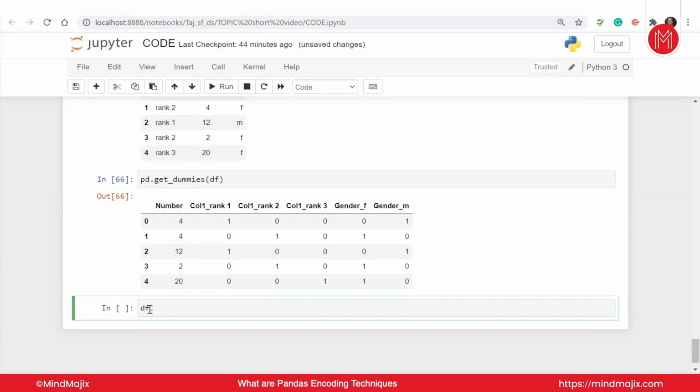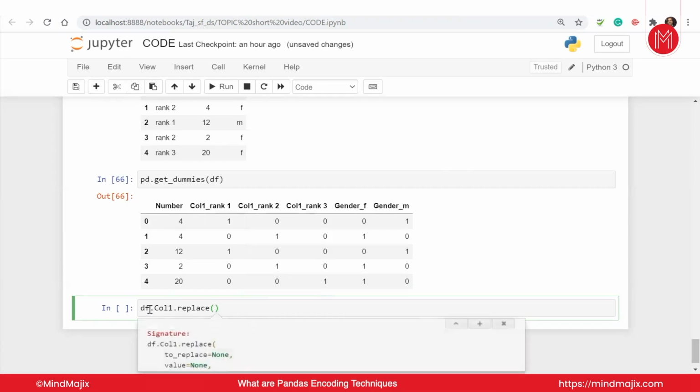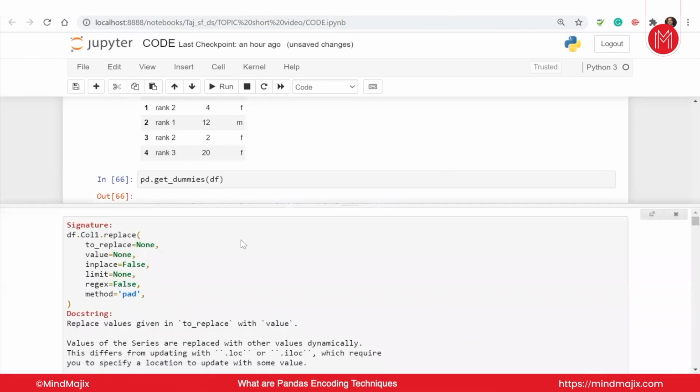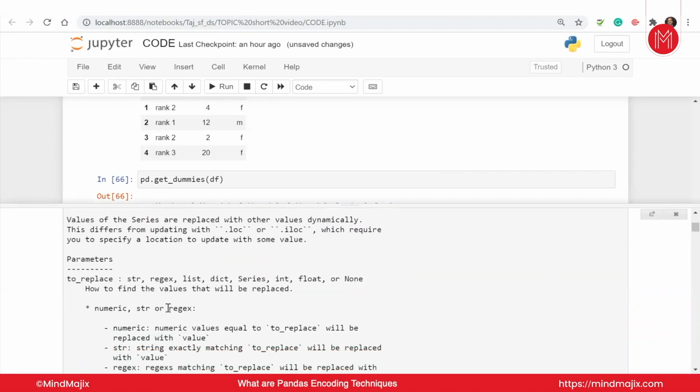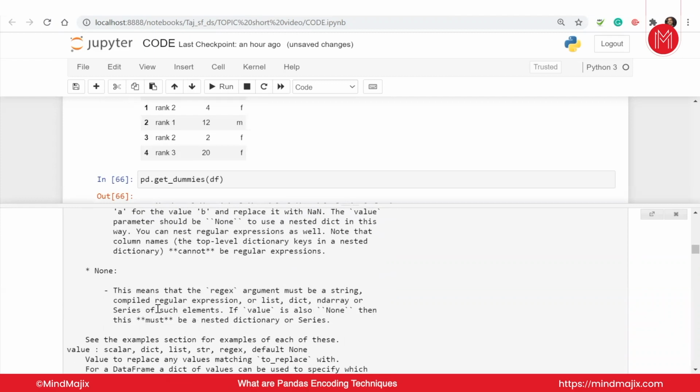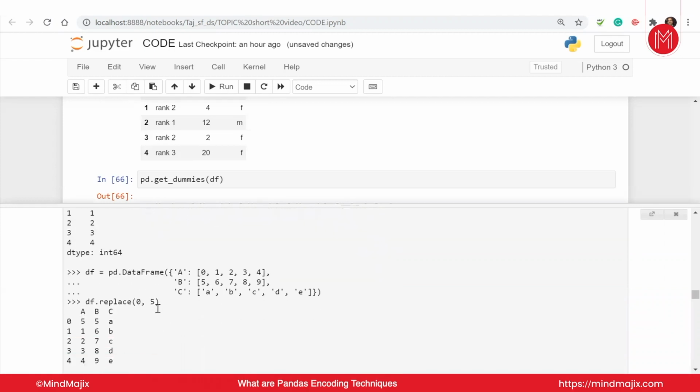I have to use the data frame for that. So you give the data frame, then the column name, and then replace. To use replace, this is what you give. In the replace, guys, the parameter is very simple. We have to give a dictionary. If I open this, you can see that it takes the value to replace, what you want to replace, inplace true, and so on. And you can give the replacement like this. Let me show you an example. A dictionary can be given. If there is any example at the bottom, that will be great.